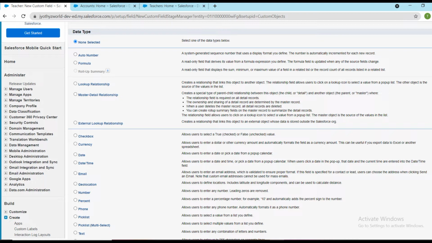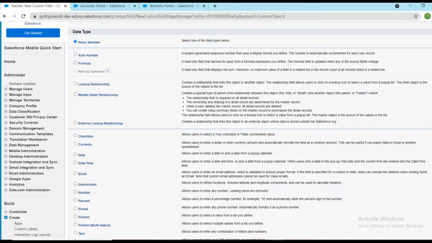For the lookup relationship, the parent is not mandatory. Like there is a relationship where one student contains one teacher. Whenever the student record is deleted, the parent record will always be there. It will not be auto deleted, and it is not mandatory by default. But in case of master relationship, this is a mandatory field, and whenever the parent gets deleted, the child will also get deleted.